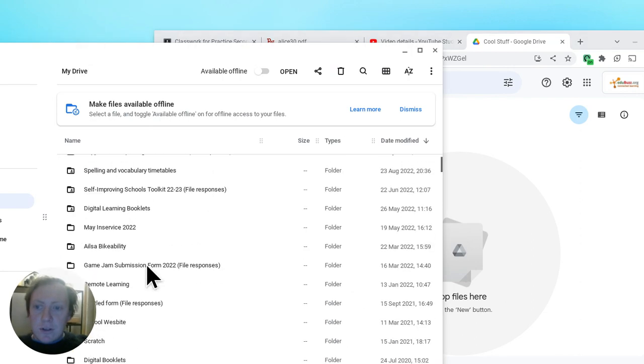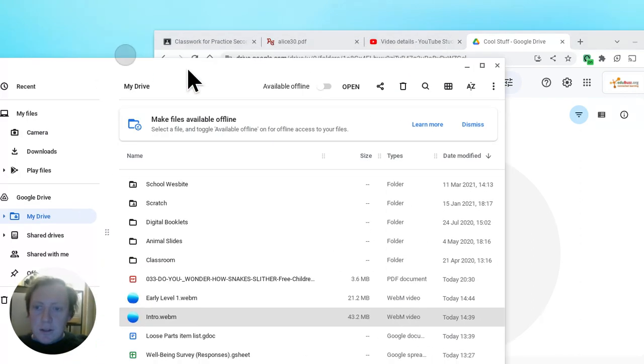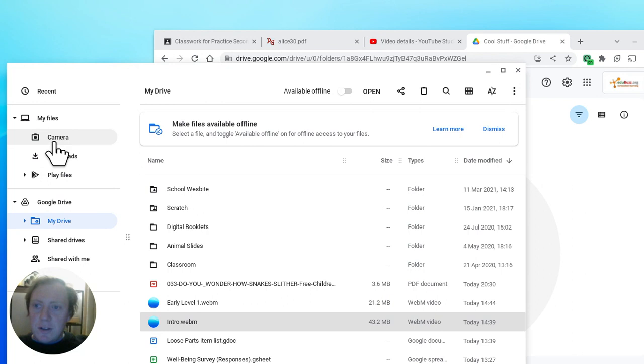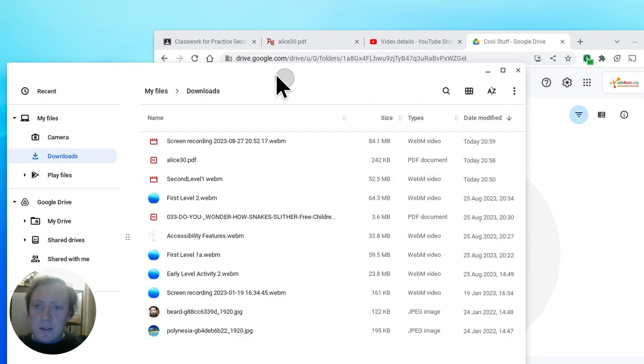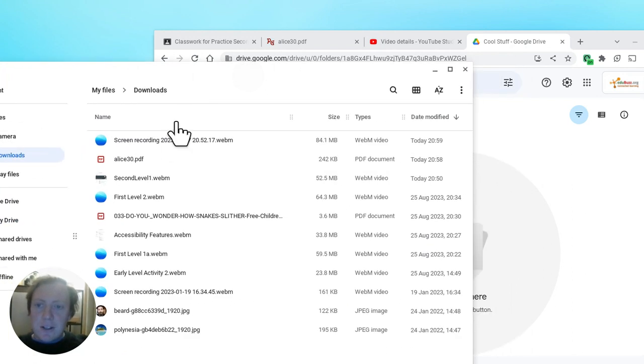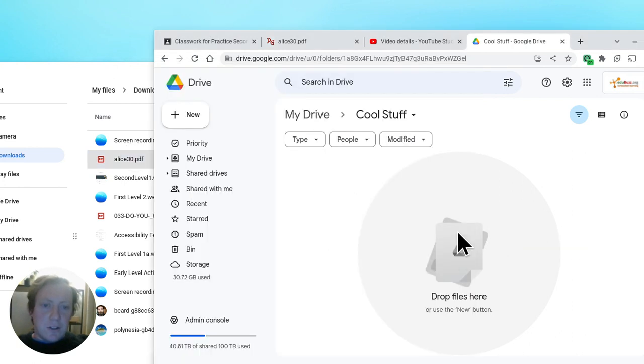So if I go on down, it's because I'm on my drive. If I come to downloads, find the Alice30, I can then just drag it across,